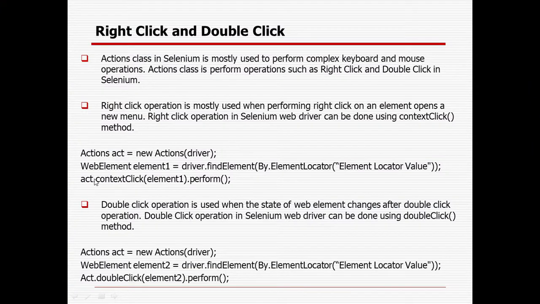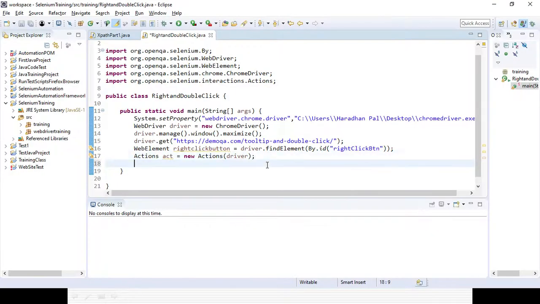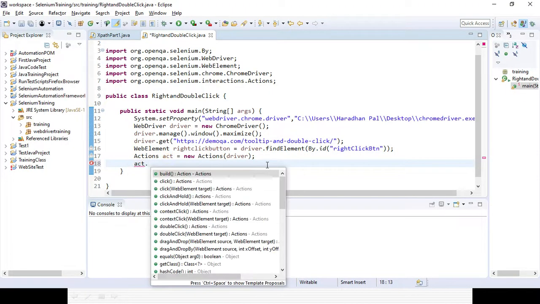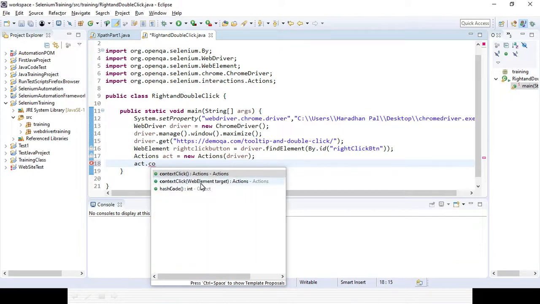Then what is the syntax? act.contextClick, passing the element reference, and then perform.